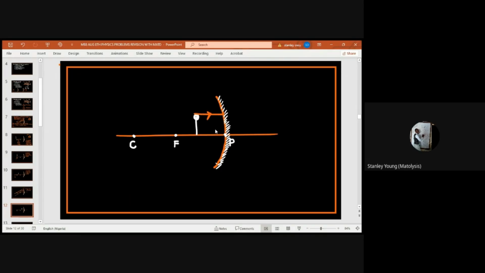If you have this as the incidence, we're going to have this, which has to be straight, as the reflection. Right? So if we have another line drawn from the center of curvature to the mirror, glancing the head,